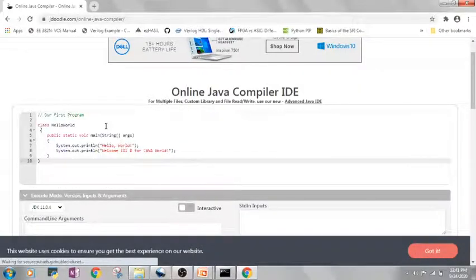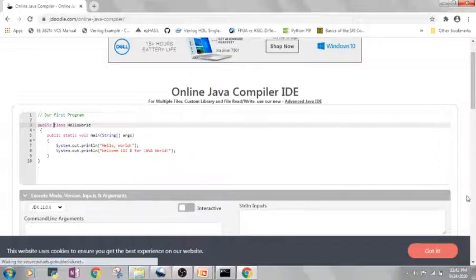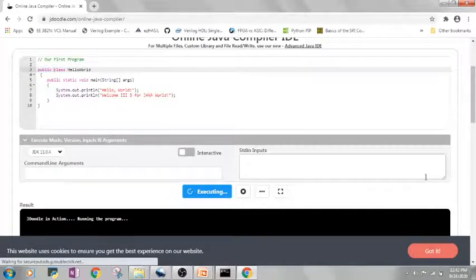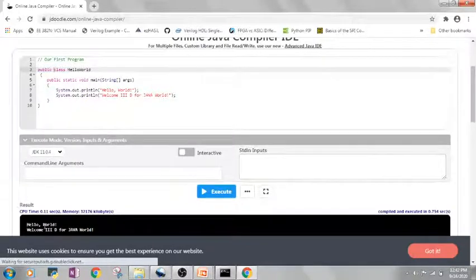I have opened an online Java compiler named JDoodle. Let me make this class public. So let's check how this program executes. Okay, so we got the output.